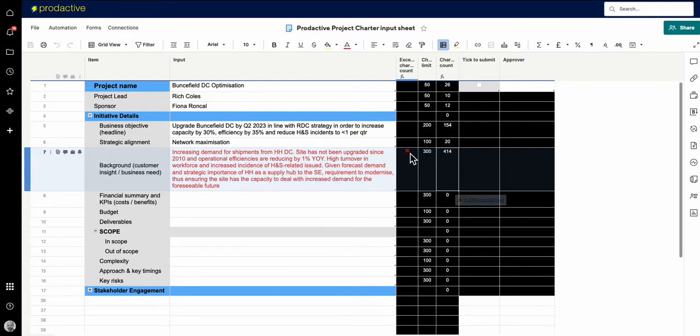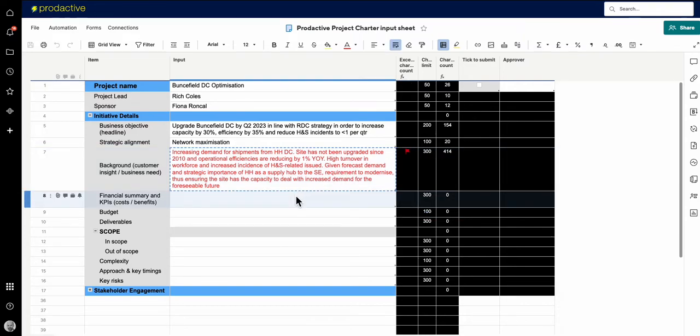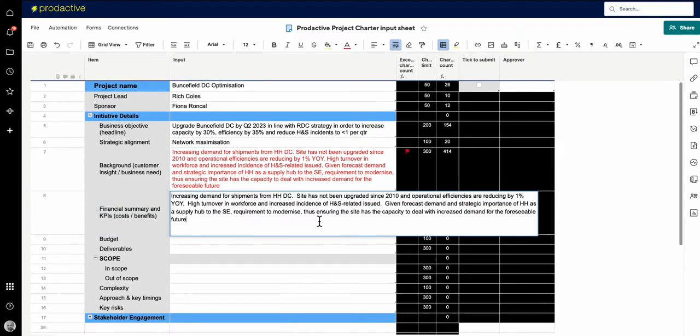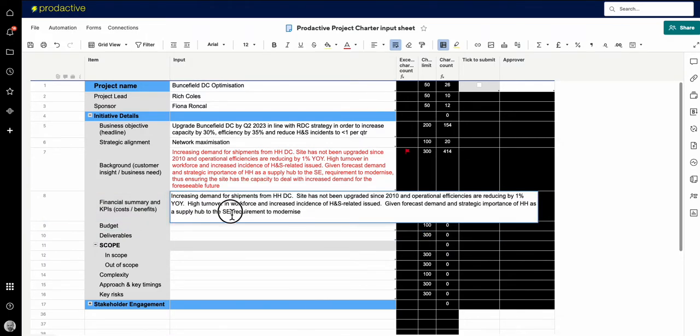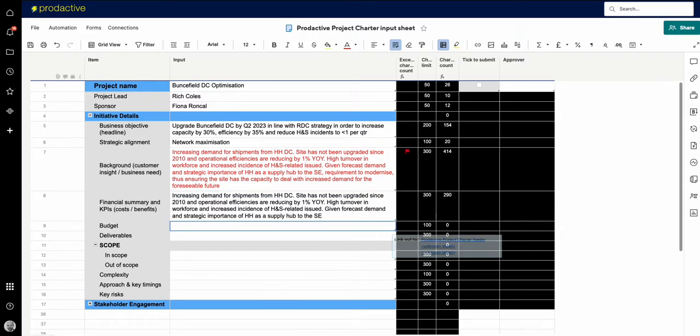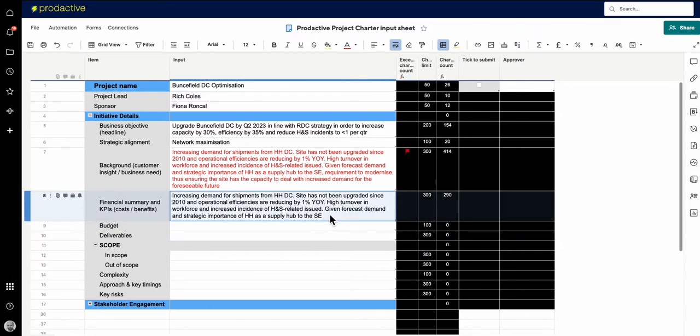So how have I done this? Let me just take this text and I'm going to copy it in here, and the one below is also 300, so you'll see that's increased. And if I delete out the words from requirement to modernize, that's still 316. So I'm going to take off a few more and go to here, and you can see now that's down at 290, so it's okay. So I'm just going to save that